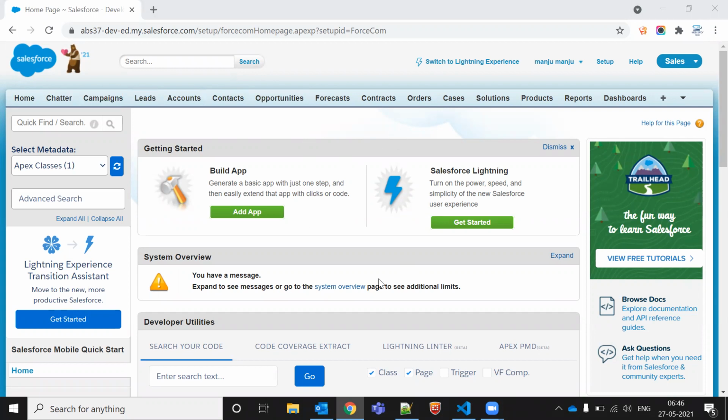So in this scenario, what happens in real time? Generally we start from the campaign only. Let's take a real-time example. Let's say you have some mobile phone which you are going to sell. So you open one campaign for that mobile phone, let's say for any Vivo or any MI mobile phone.